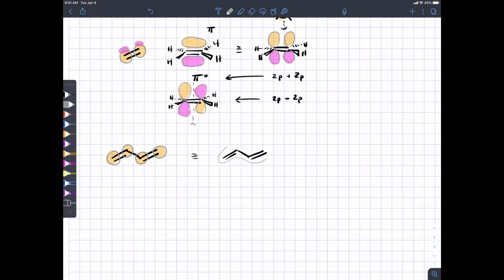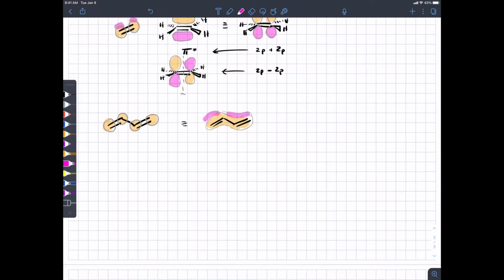We could sort of draw it like this, but you'd remember that this is above the plane of the pi bonds, and then below you'd have another sort of lobe in the back. Okay, does this still look familiar? Okay. And recall that there were many of these. There were 4 of them because we mixed 4 2p orbitals together, so we have to get 4 new pi molecular orbitals out. And I don't know how much you went through this,